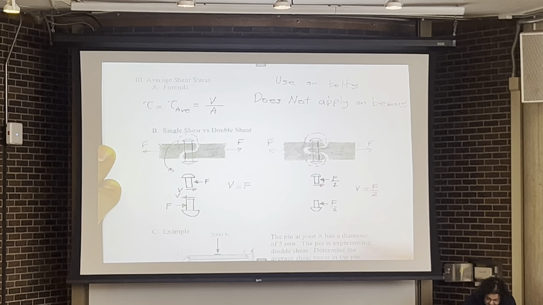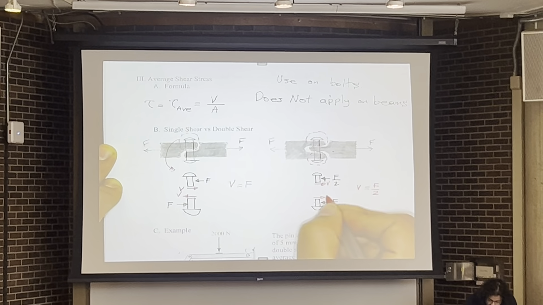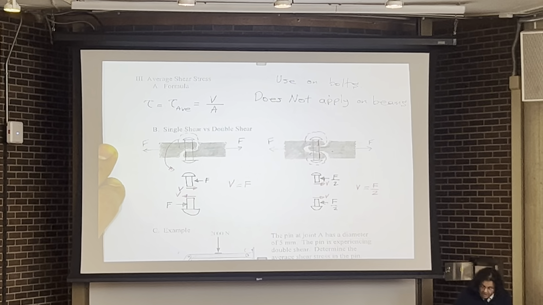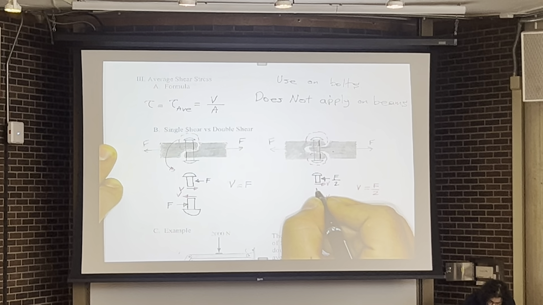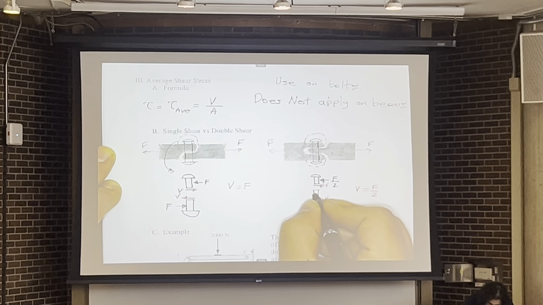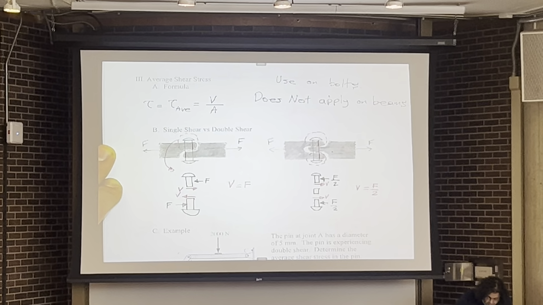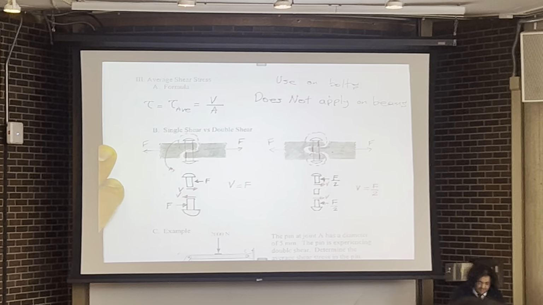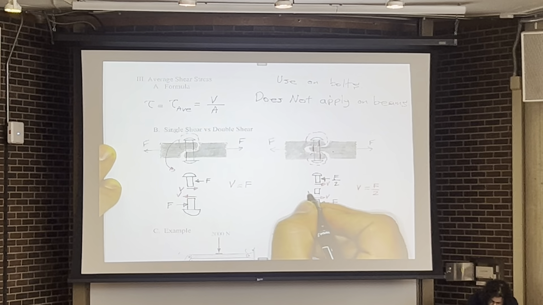So in order to satisfy the equilibrium, we should have a shear force of V that will again be equal to F over 2. If we actually draw the free body diagram of the middle part, this middle part over here is subjected to the full F. So if you look at this area of contact, the full F is actually applying to this middle part,